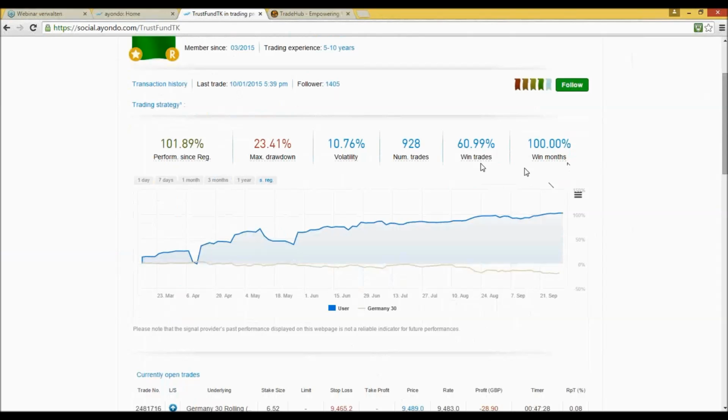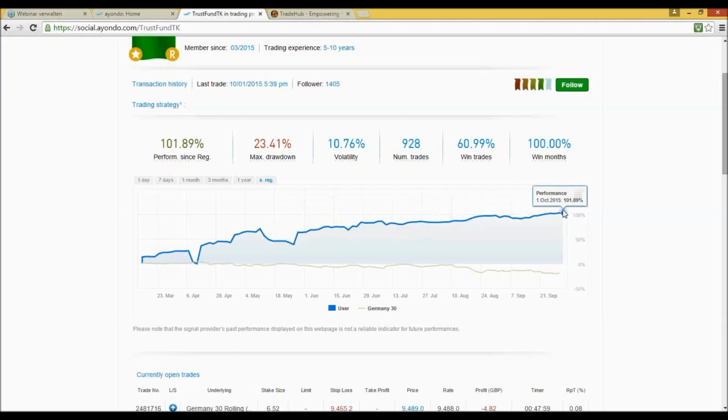And over here, obviously, the win trade just shows that not every single trade has won. And you can see that clearly on his chart here. So if we go all the way back to the beginning where he started off in March, he had a little dip here, which probably is why his drawdown is so much. And then gradually he's increased it. Had a little dip in May, but then has steadily increased over time